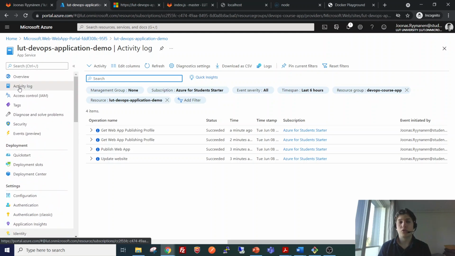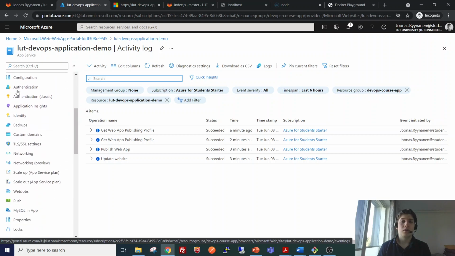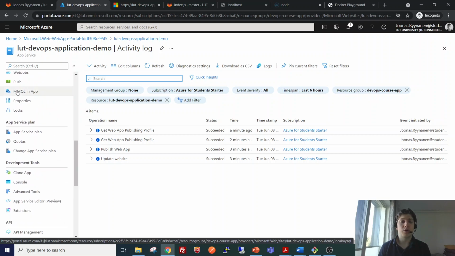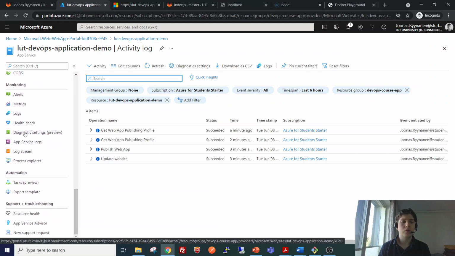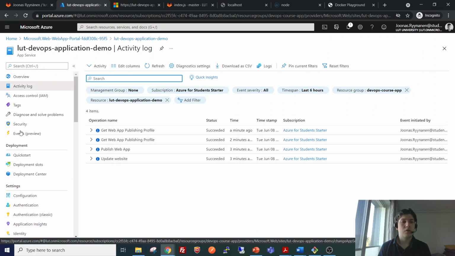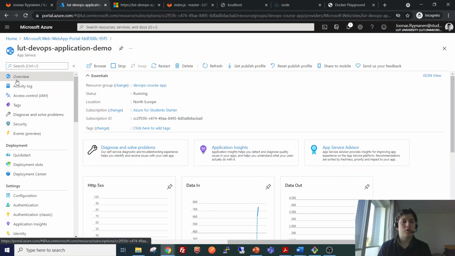We will not use all of them during this course, but when we start to implement the automatic deployment pipeline, we will use some of the development tools here. For example, the advanced tools. We will most likely be using that. And yes, this is how you deploy the application.